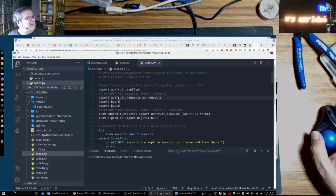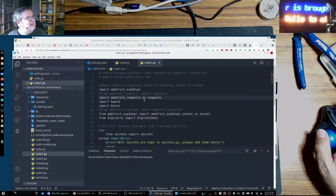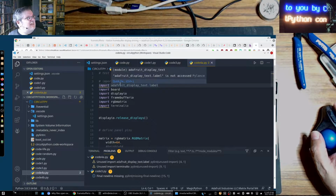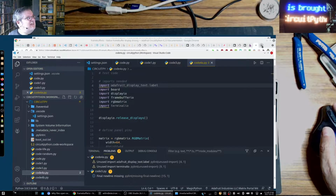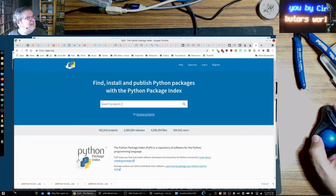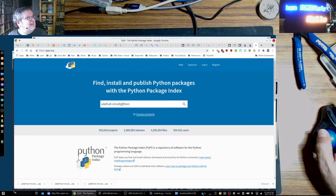So, for example, this adafruit_requests module right here wasn't showing up. I don't know why. It just wasn't doing it. There was another one in here. Yeah, display text. That was another one. So what you end up having to do is you go to PyPI, I think it's PyPI, the index. And if we go Adafruit CircuitPython, and we just search,